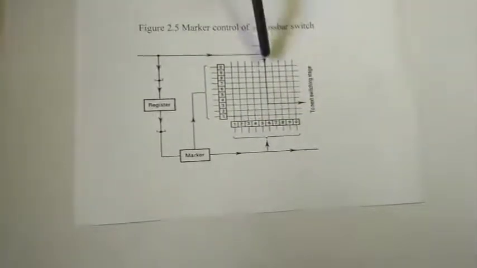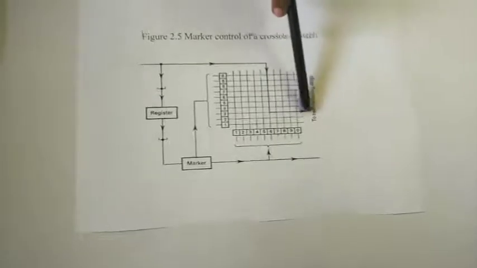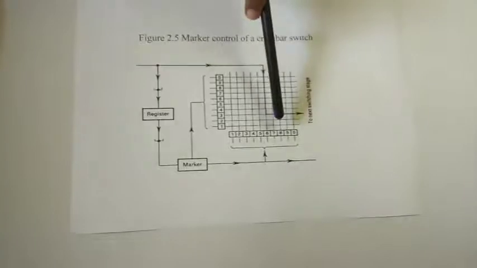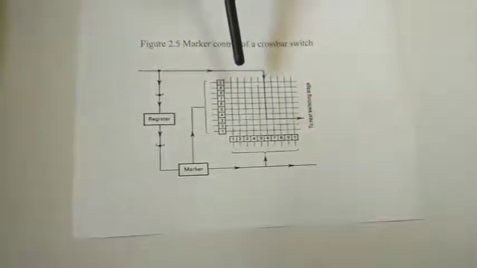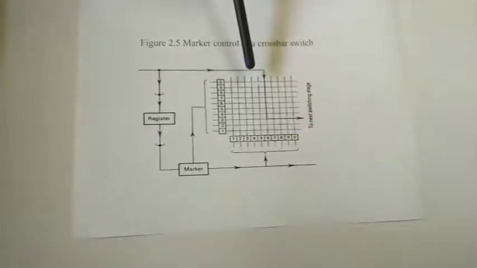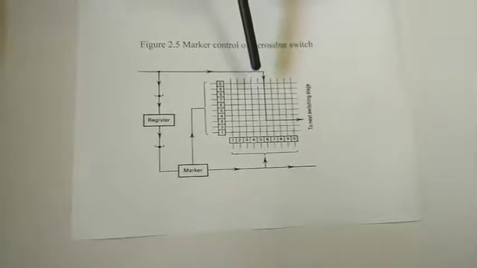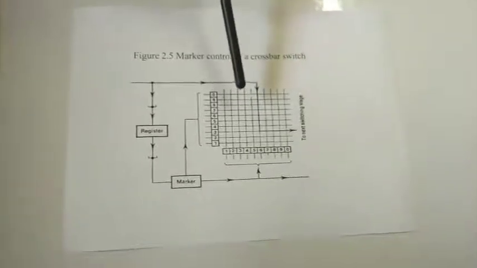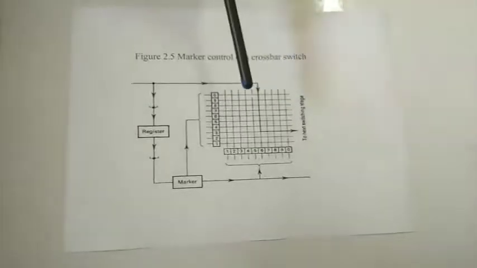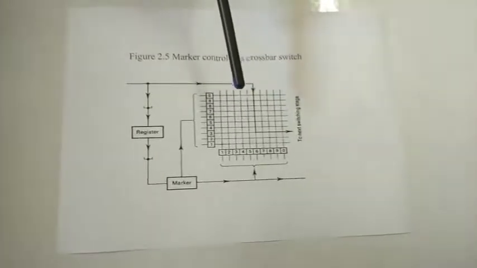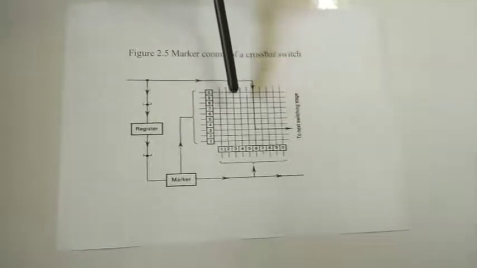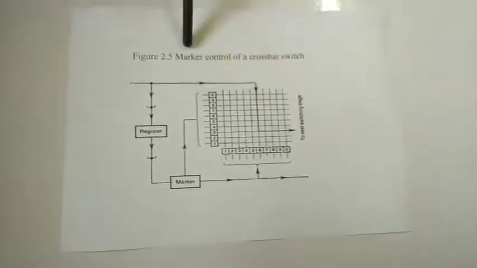How the lines are connected depends on this line. This line is connected to the next switching center. This is called a stager selector, which counts the number of lines and searches which line has to be connected to the next exchange. For that purpose, the crossbar switch is not an intelligent system. The marker system does everything. The select magnet and the bridge magnet work based on the marker.